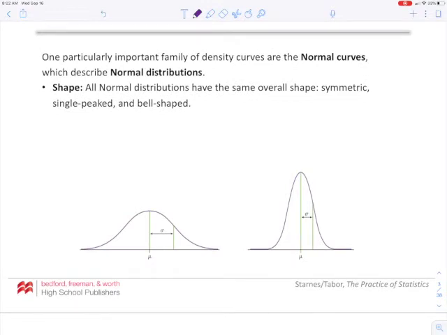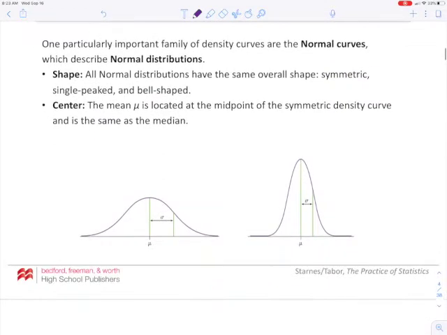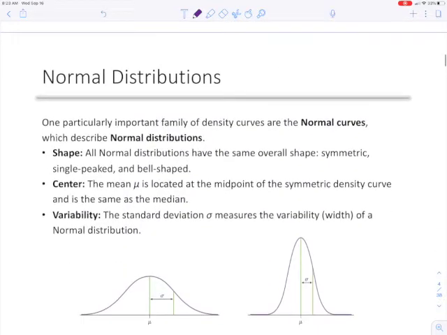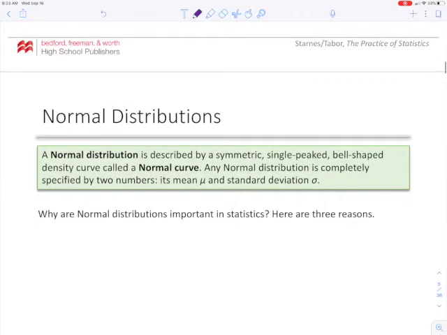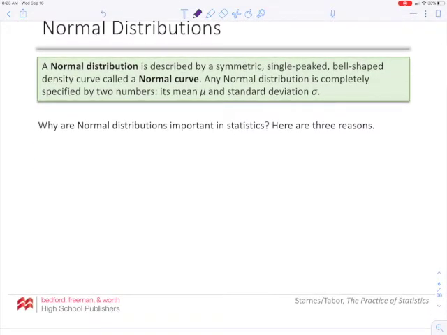So a couple of characteristics of normal curves. All normal distributions have the same overall shape. They're symmetric, single-peaked, and bell-shaped. Their center is represented by mu and is the midpoint of the density curve. The variability is labeled as standard deviation. So a normal distribution